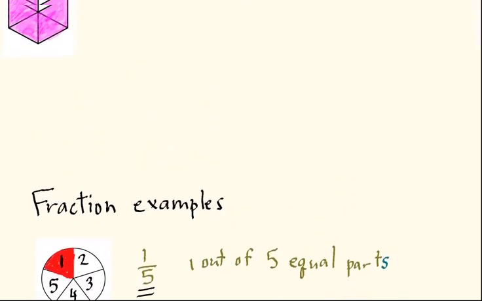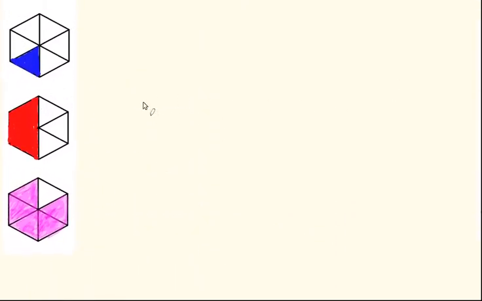Okay, let's try some more fraction examples here. Here are some more shapes, and I can color these in. So now in this case, what you'll notice is that there are 1, 2, 3, 4, 5, 6-sided polygon. And in this hexagon, I've broken this hexagon up into 6 equal-sized triangles. So there's 6 of them, they're all equal size, and one of those 6 triangles is shaded in. And so again, we can write that as